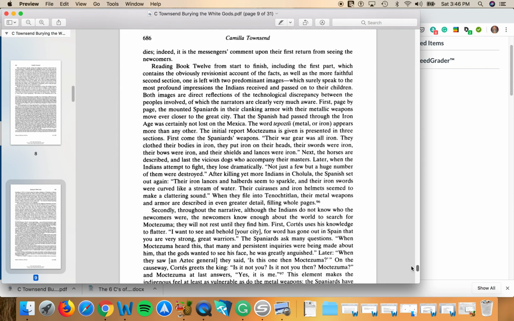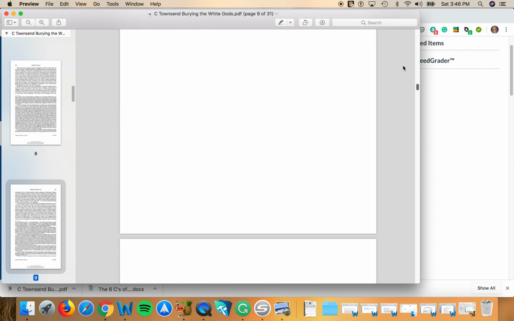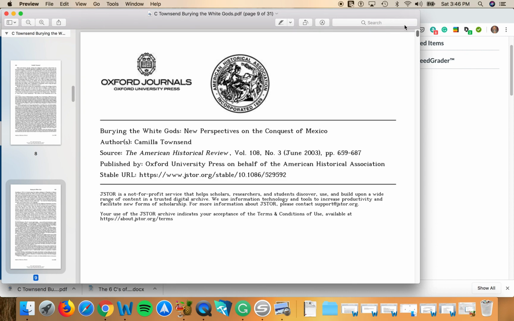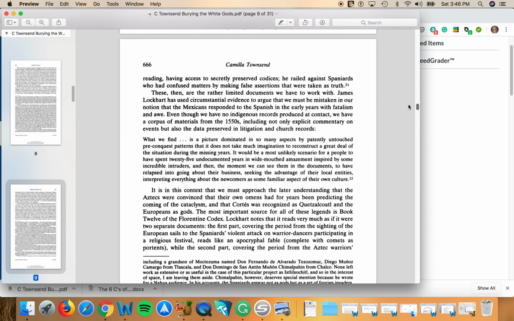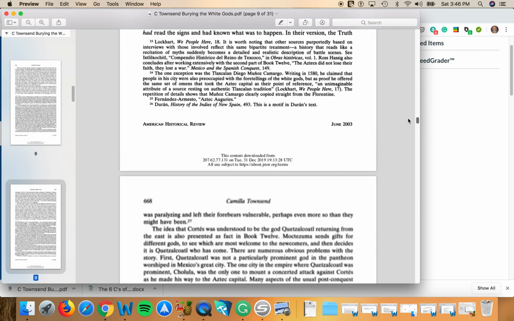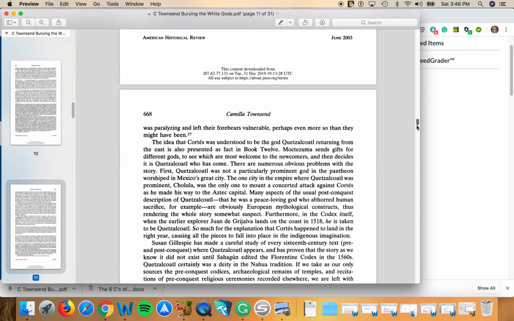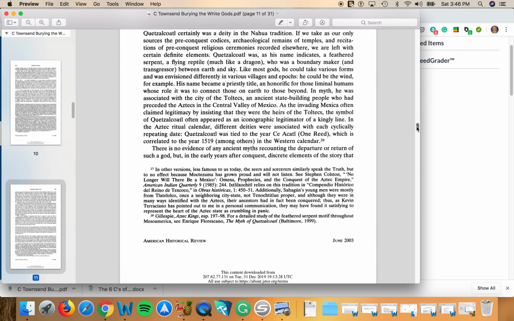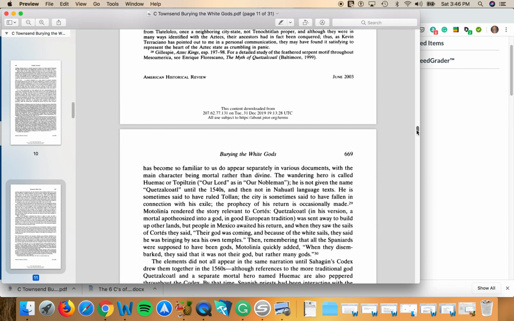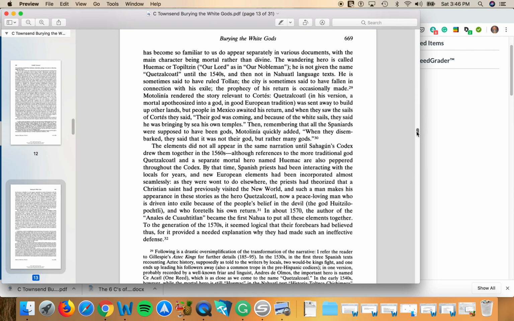Now, this is a rather lengthy article, right? It's quite a number of pages. So what I want you to do is you'll probably be better served in reading the first 3 or 4 pages of this and sort of distilling out the arguments and trying to just get a general overview of what